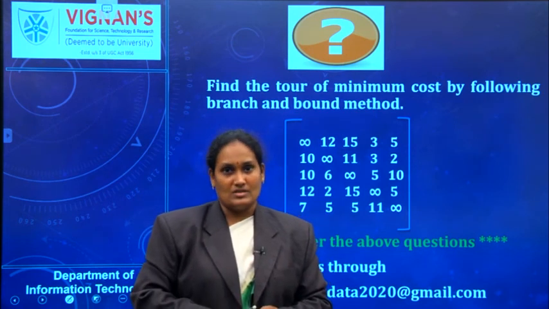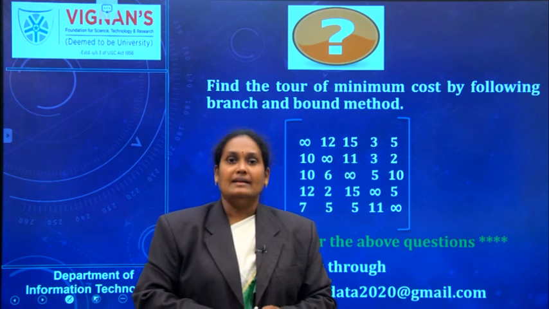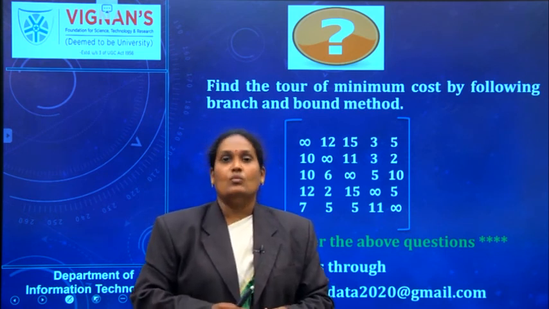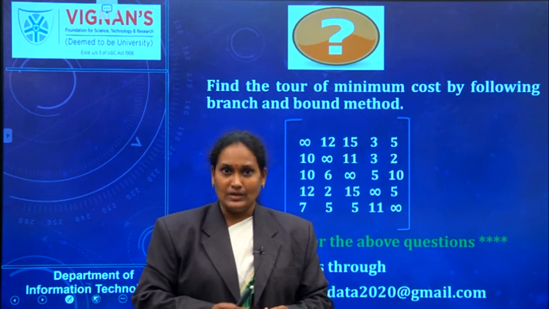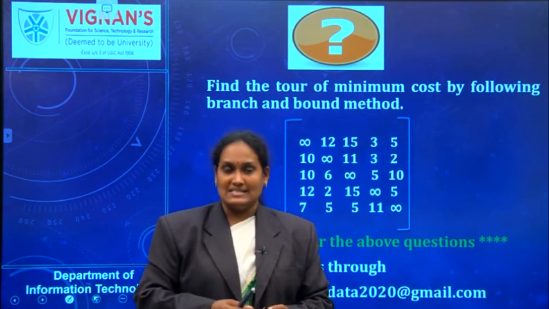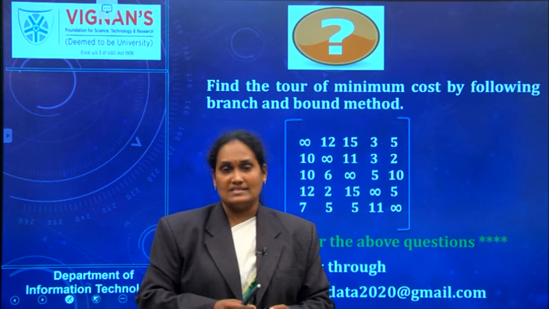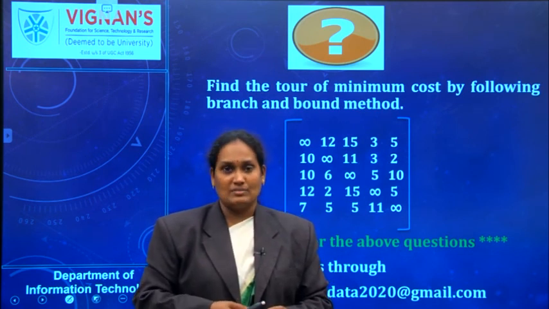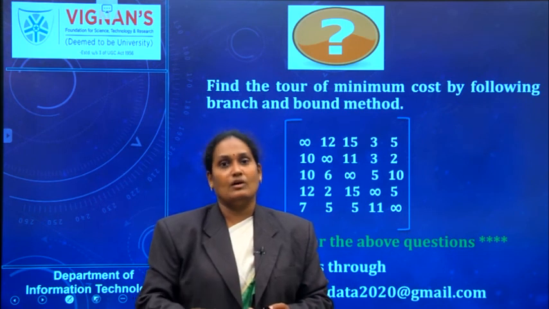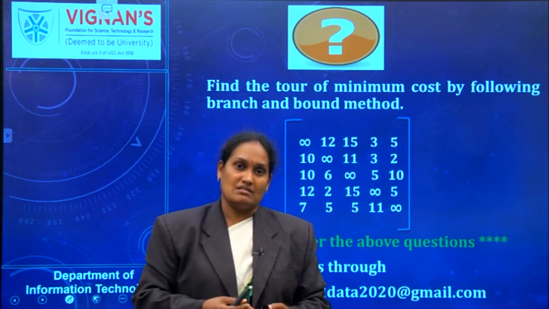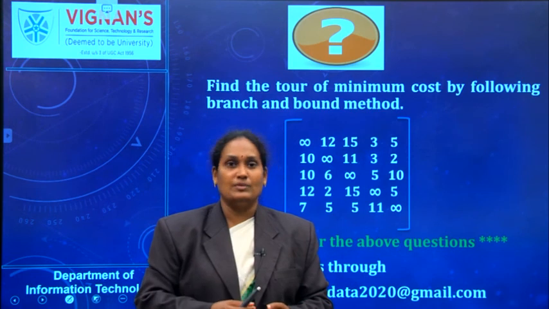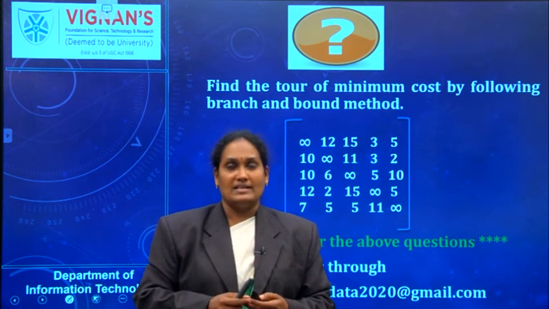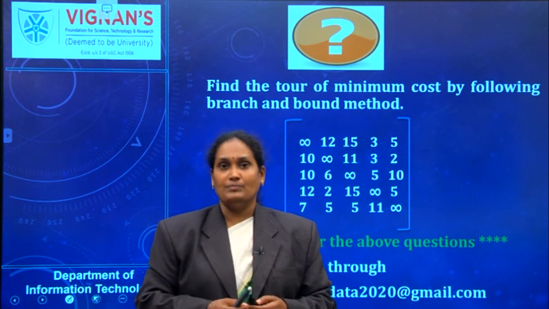I am going to summarize the concepts we explained in this session. We explained what the traveling salesperson problem is, the various steps we follow in solving it, and we learned about the reduced matrix: what is a reduced matrix, what is row reduction, and what is column reduction, since we use the concept of reduced matrix in solving the traveling salesperson problem. I hope you understand the solution of the problem.